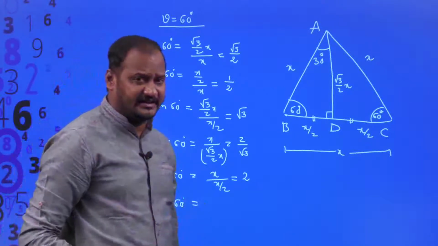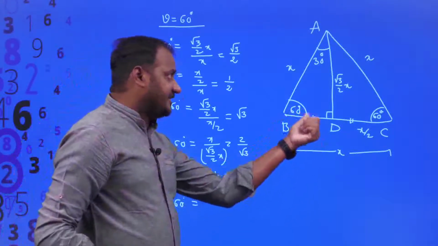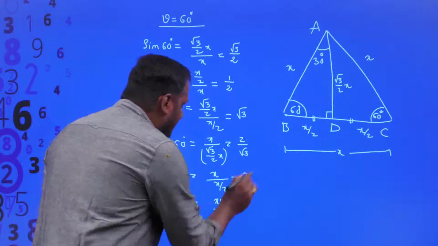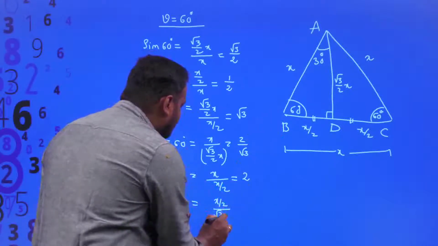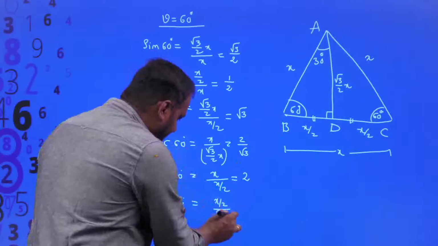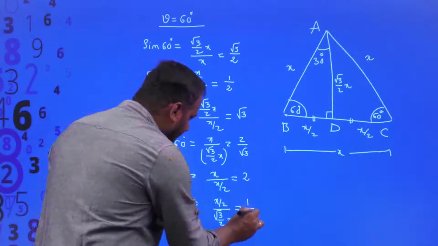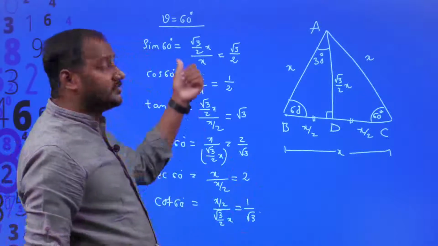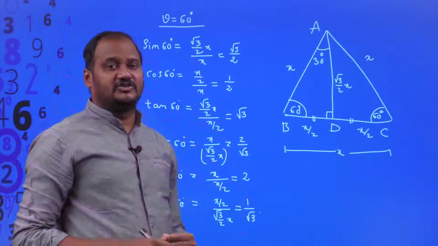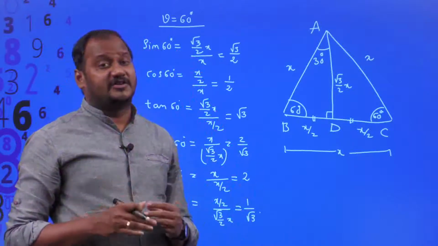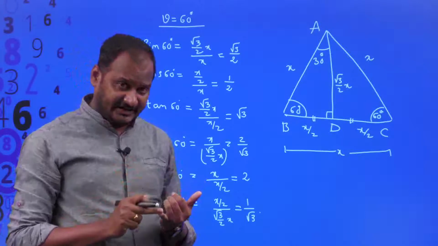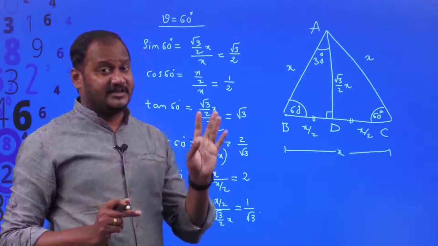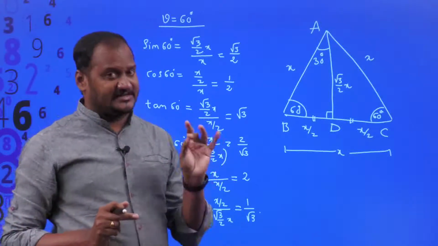What is the definition of cot theta? Side adjacent to theta divided by side opposite to theta. So adjacent to theta is x divided by 2, divided by opposite to 60 degrees, which is root 3 by 2x. Again x by 2 cancels, left with 1 divided by root 3. So these are the 6 trigonometric ratios according to acute angle 60. Right. So we found the values of all trigonometric ratios at theta equal to 30 degrees as well as at theta equal to 60 degrees. So 30 degrees, 60 degrees over. Now we are left with 0 degrees, 45 degrees as well as 90 degrees.